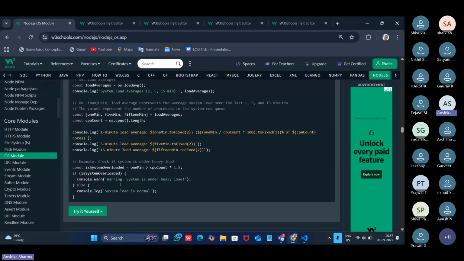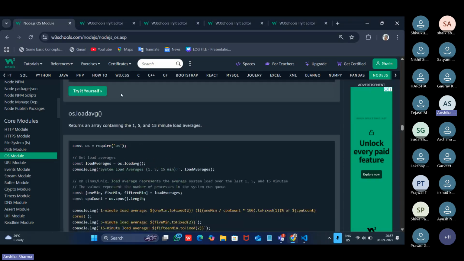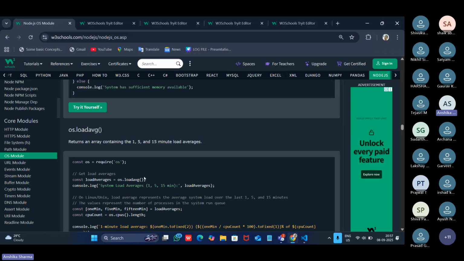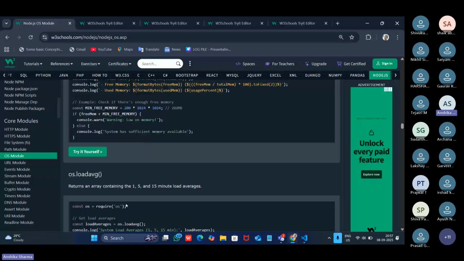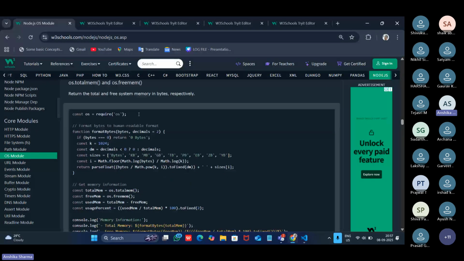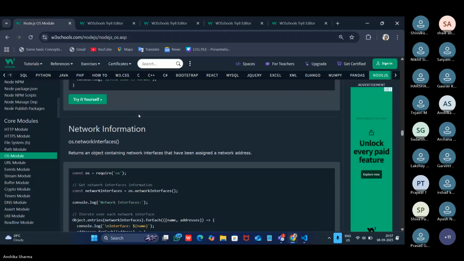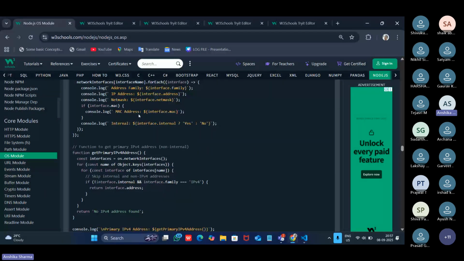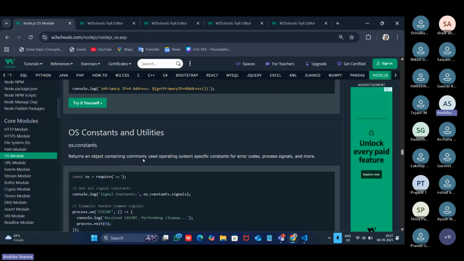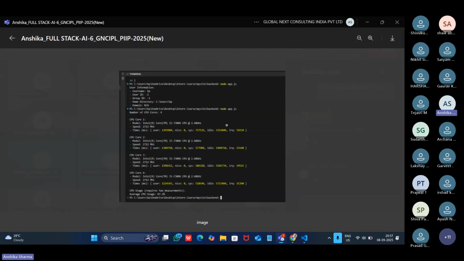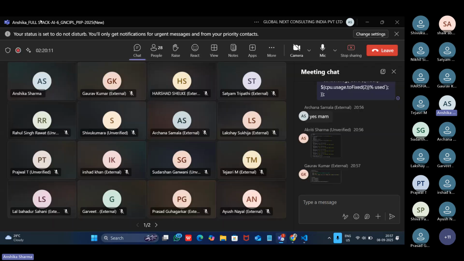This is a later section that you all will see. It is not used much, but just understand up to totalmem and freemem. That's all you need to know right now. Next, these are the later sections that are for a later part. You will understand them later when you work with this module in your companies.